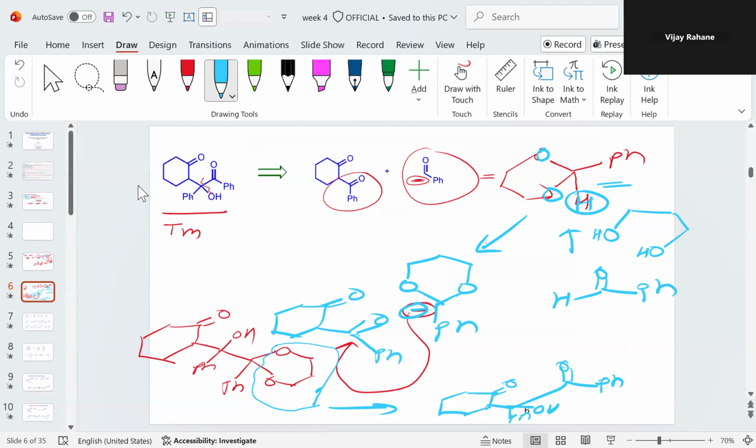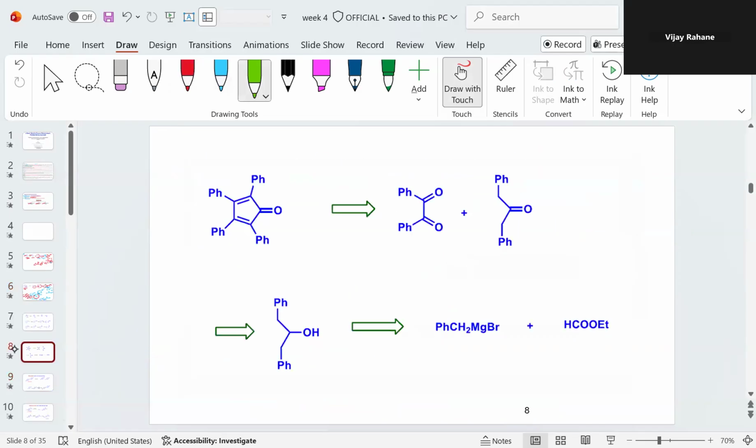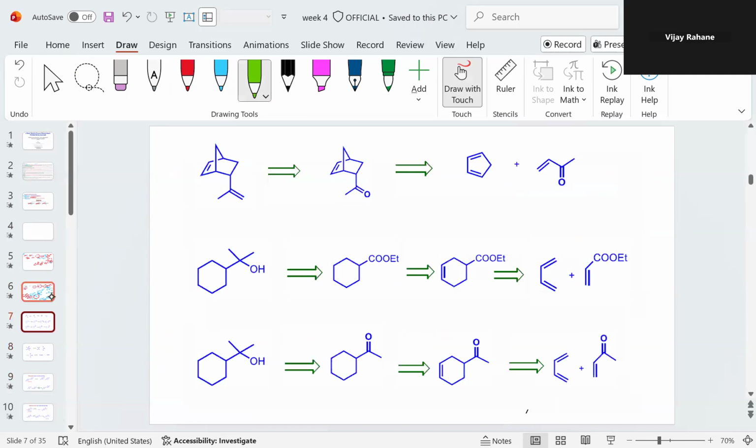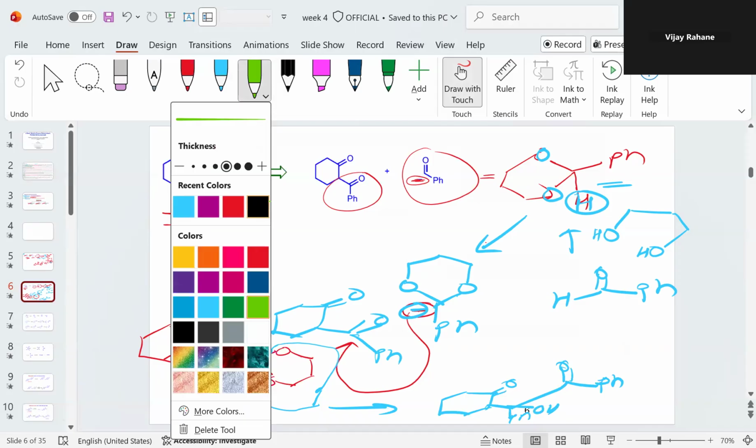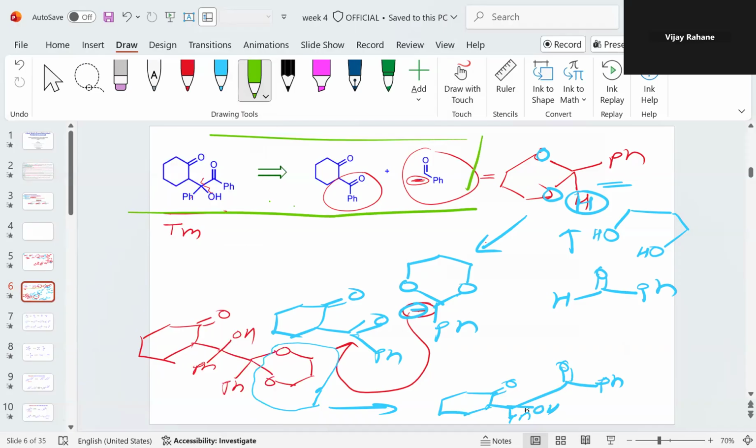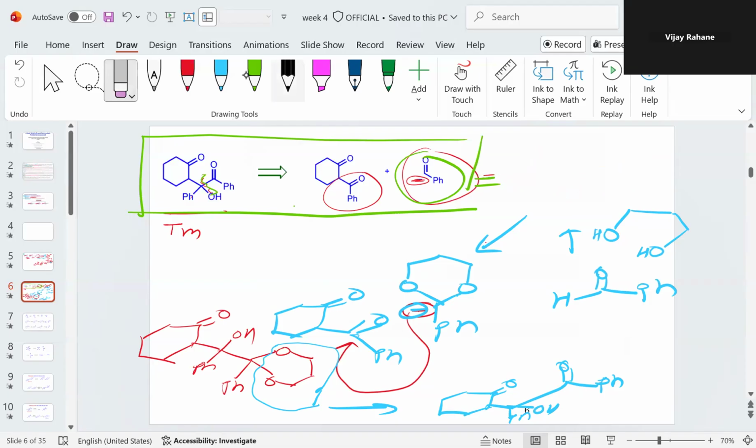We already did the retrosynthesis as well as the forward synthesis in this case. Up to here it was the retrosynthesis. The first step was basically a disconnection, and this is the synthetic equivalent of these species. Which species? I will rewrite this species just for clarity. This is the synthetic equivalent of